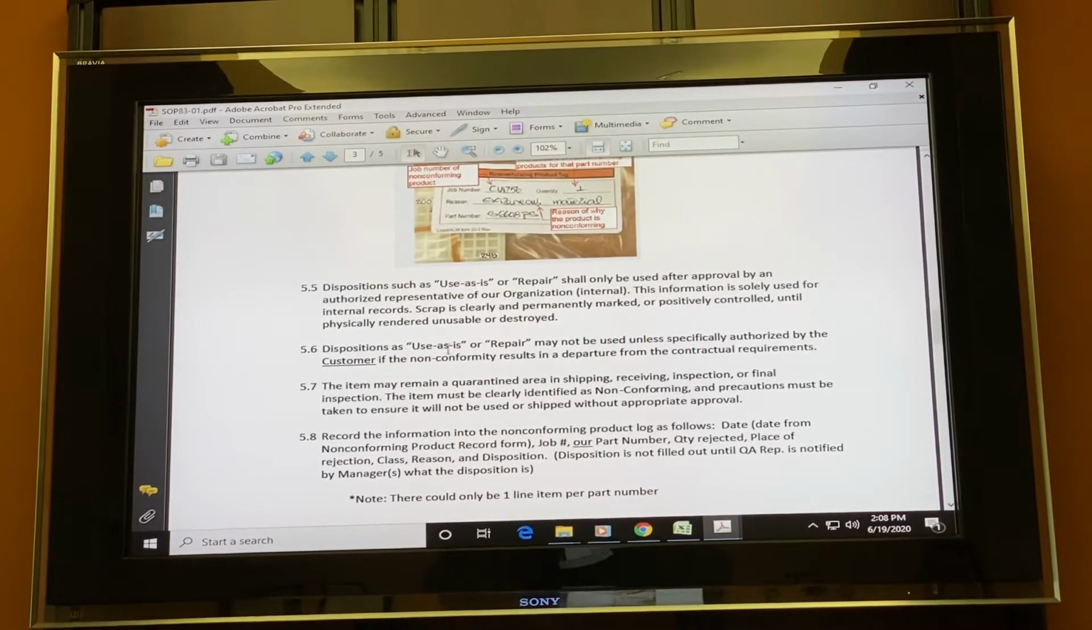Dispositions such as use as is or repair shall only be used after approval by an authorized representative of our organization. This information is solely